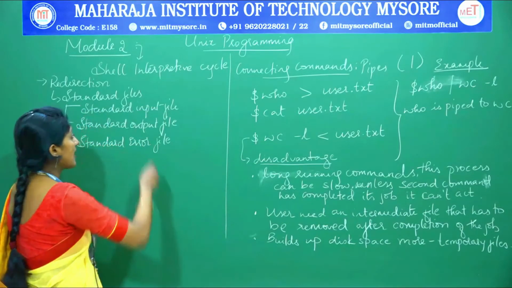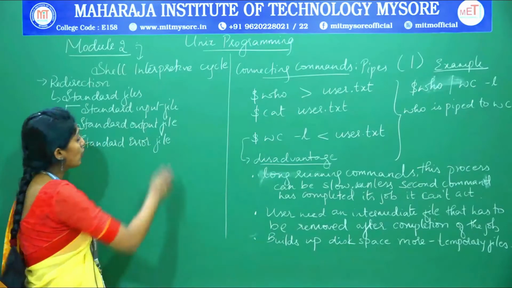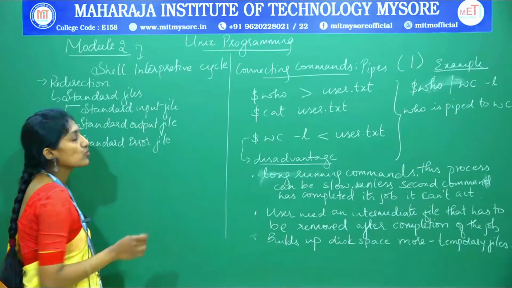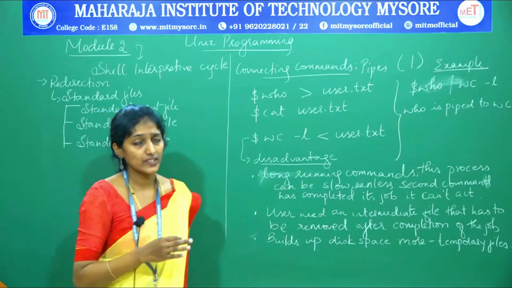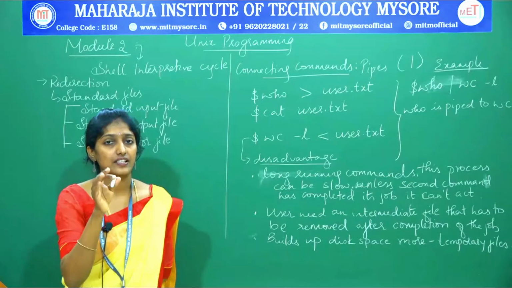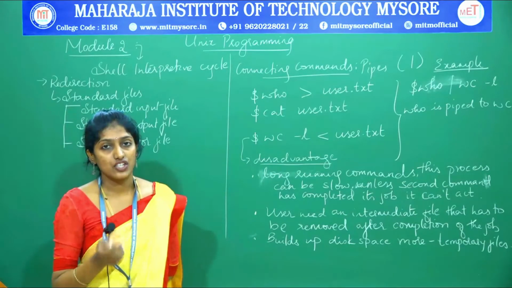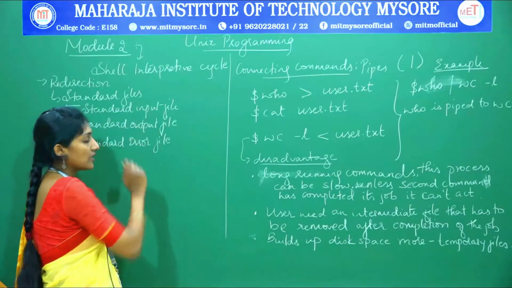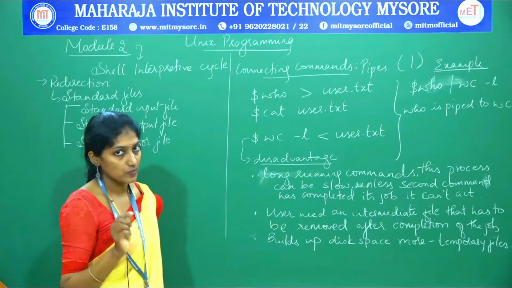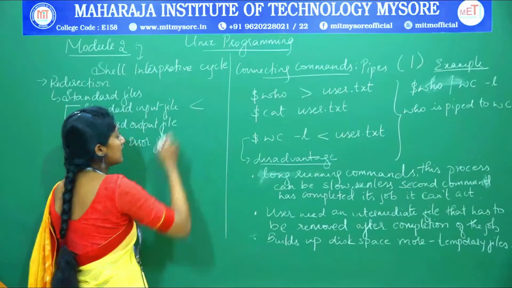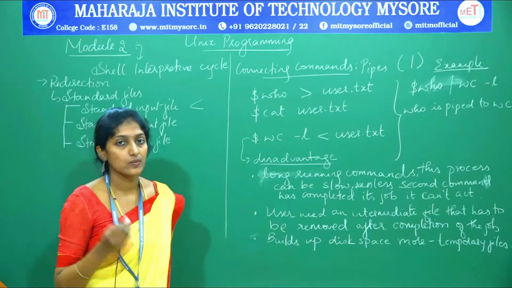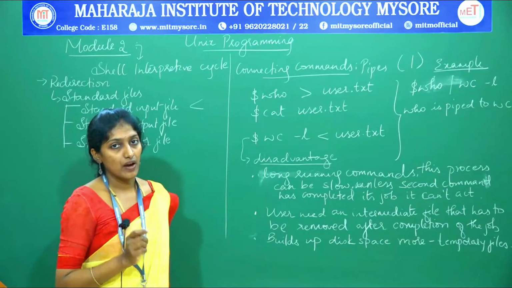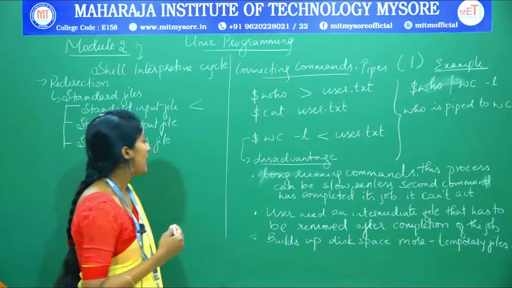So one of the standard files is the standard input file, followed by the standard output file, and then the standard error file. So this is going to use what? A terminal. Within that terminal, the keyboard itself is the default stream for providing a stream of input. Along with the keyboard, we also have a redirection symbol which is used for this, that is the less than symbol. So this is the redirection symbol which is used for providing an input to any of the commands by using the standard input file.